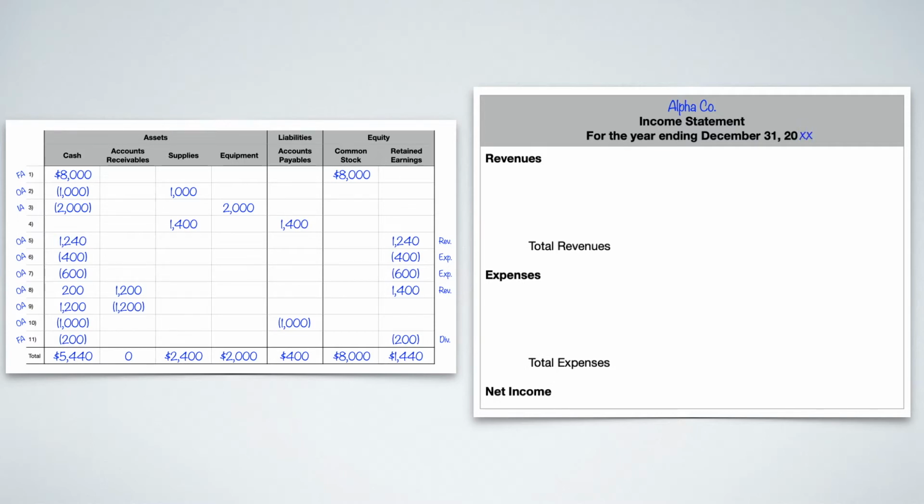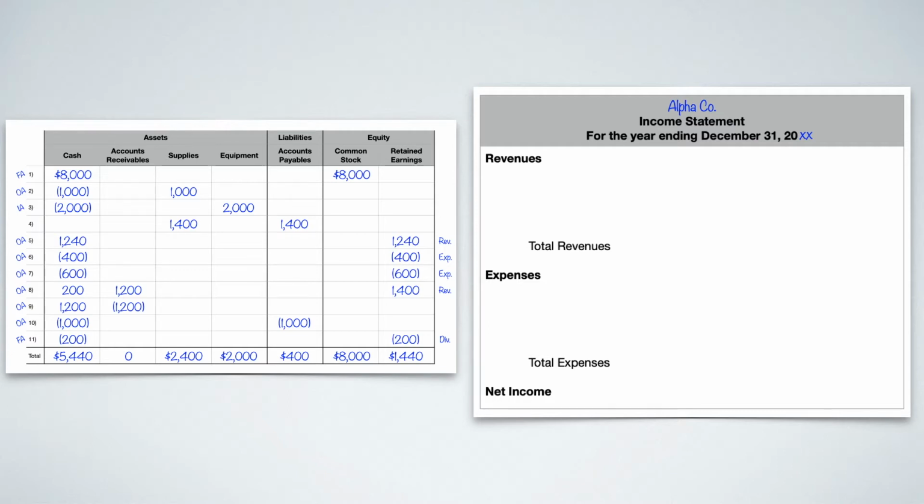But keep in mind, income statements are showing what we've done throughout the past year. So that's why it says for the year ending December 31st. It's not as of December 31st, what is the balance as of that day? It's just saying this is what we've done over the course of the year that ends in December 31st. We also know the income statement is really comprised of two parts, revenues and expenses. So let's go into the revenues first.